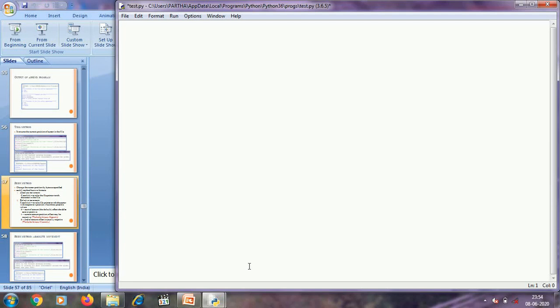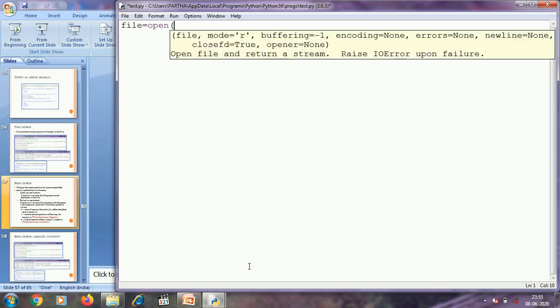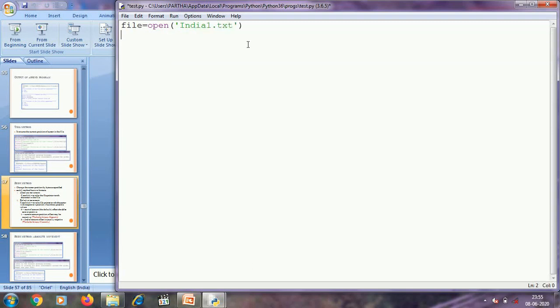Now I am going to show you the functionality of tell method using a simple program. So first of all I am going to open a file india1.txt. I have not mentioned any file opening mode. That means the file opening mode will be read mode.